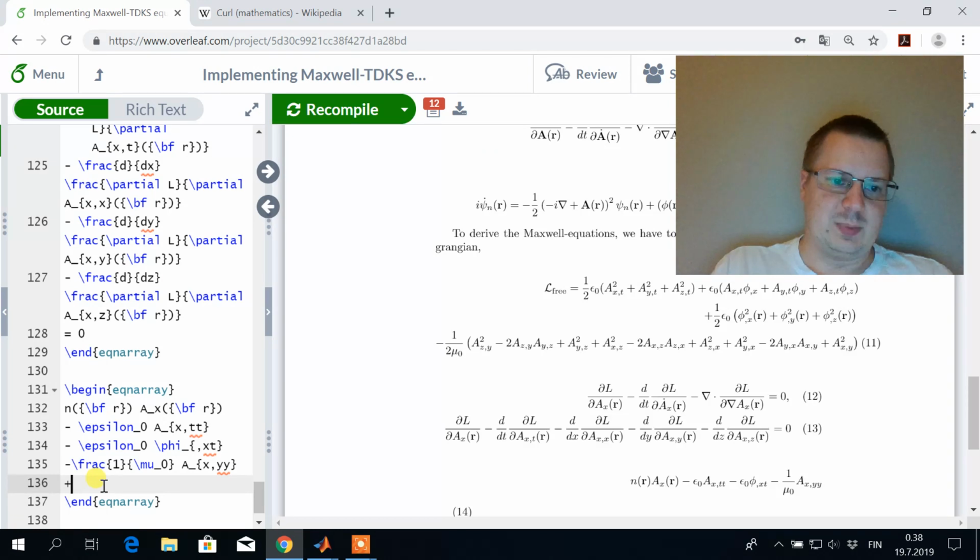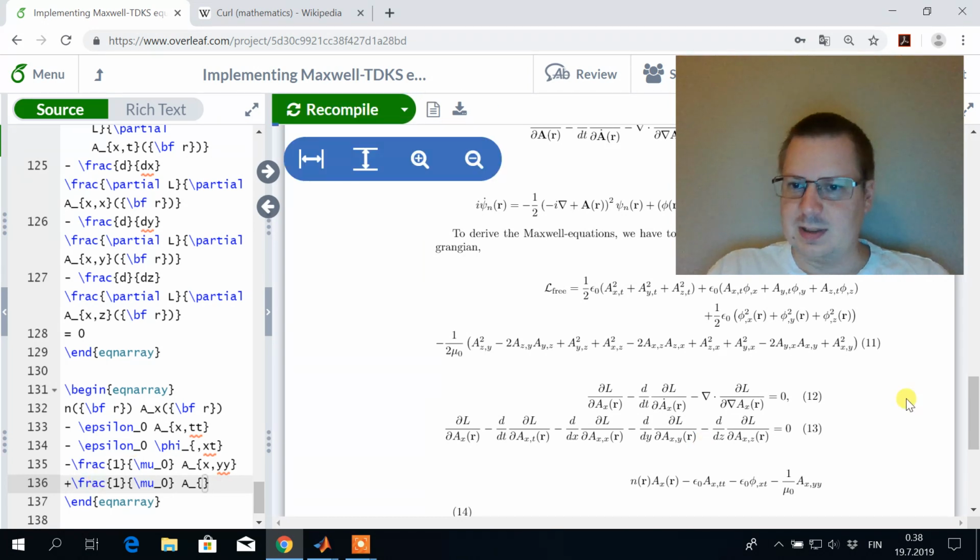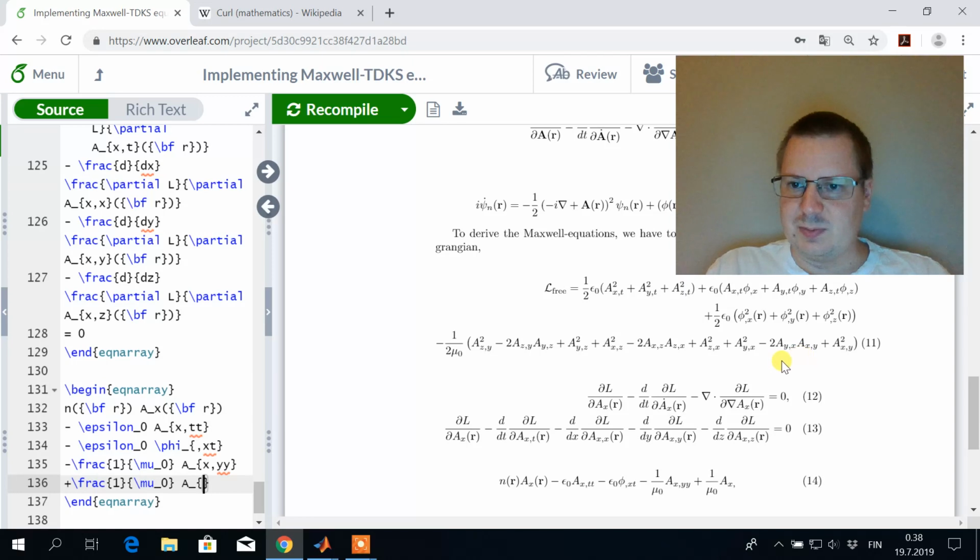So we have plus 1 over mu 0, this will be then xy, so we will yield a y x and y,